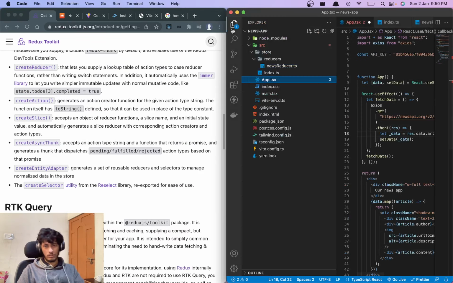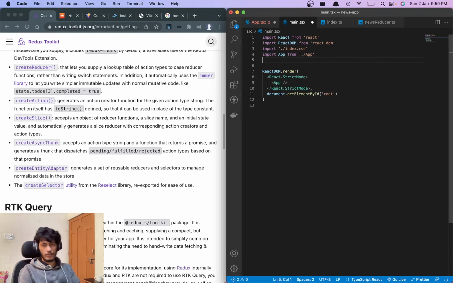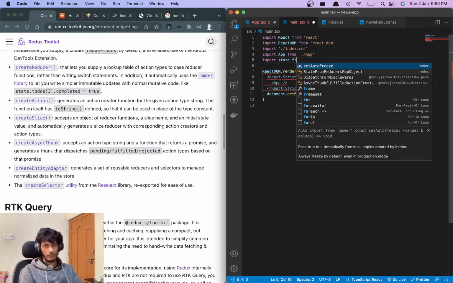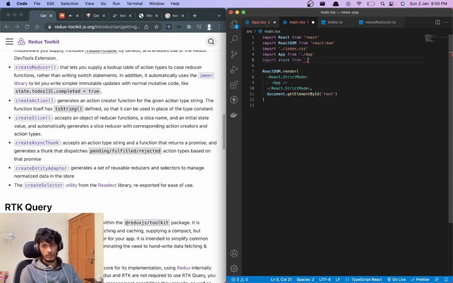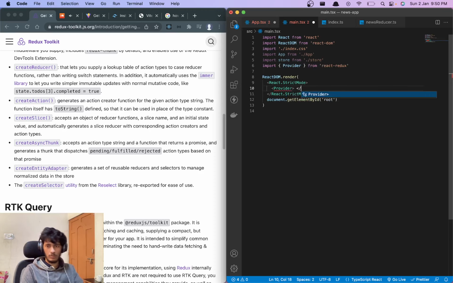So what we can do is go to the main.tsx file. We can import our store from our store, right? And there's something called Provider. And we can provide the store to this.